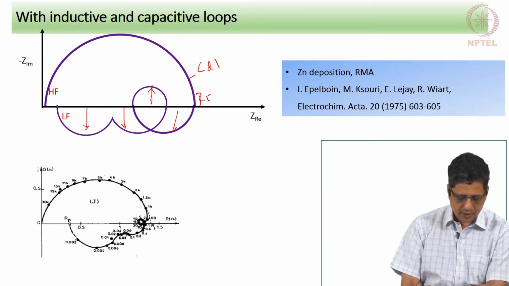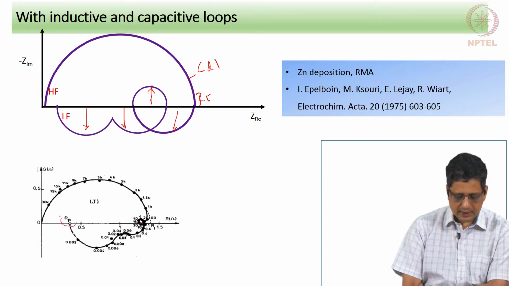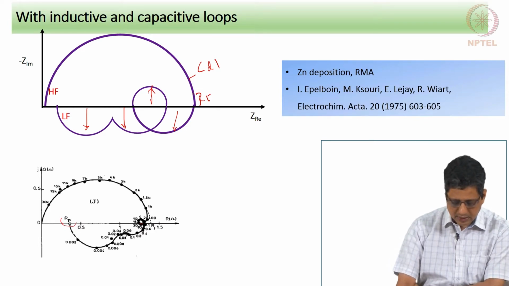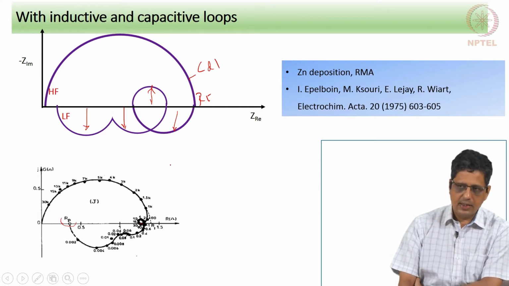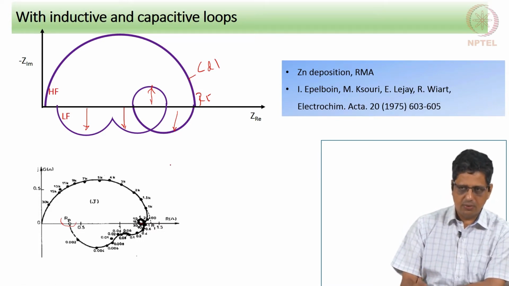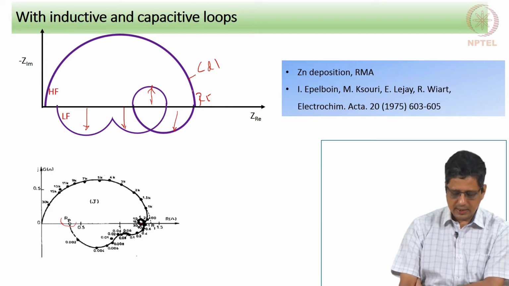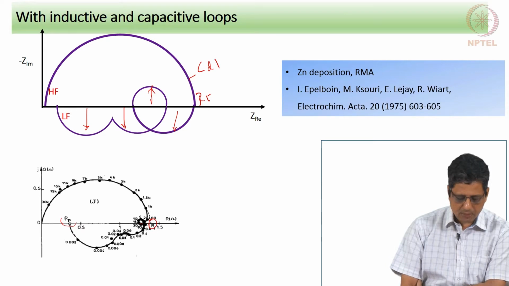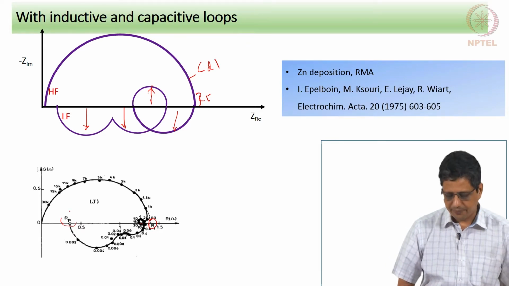And of course, it was taken up to 2 millihertz and extended to the real axis to indicate where the RP is likely to occur. And of course, it is not so nice as I have drawn here. What I have drawn is just artificially taken arcs. So, it is not going to be clean in that sense. So, they have marked RT as most likely occurring here and RP as most likely occurring here.